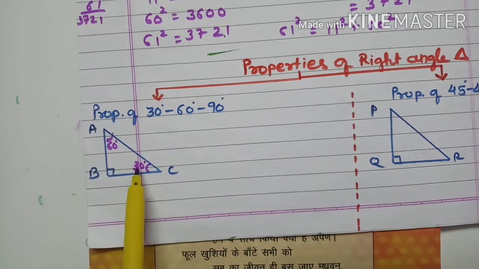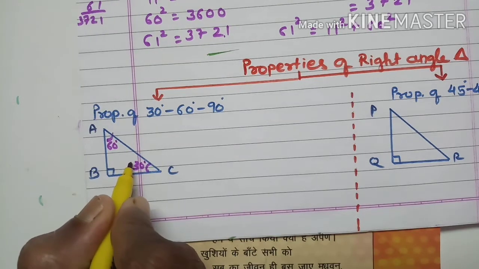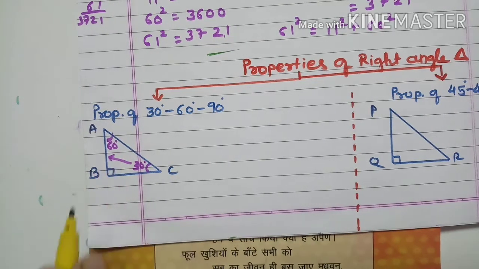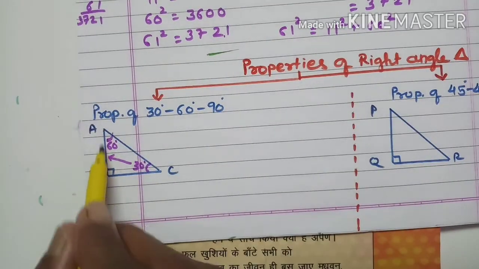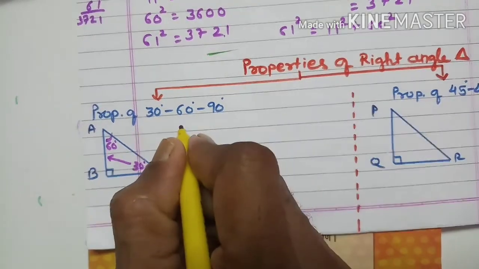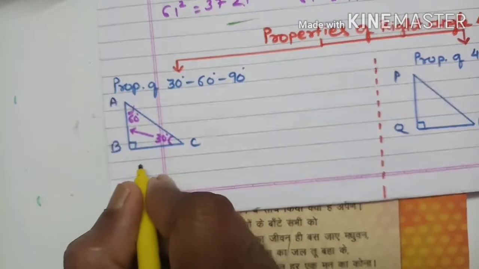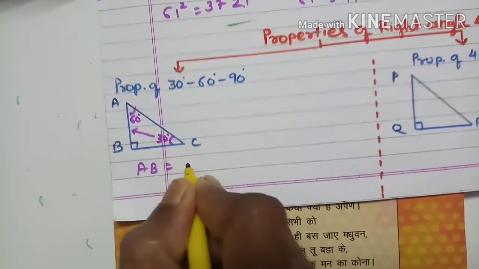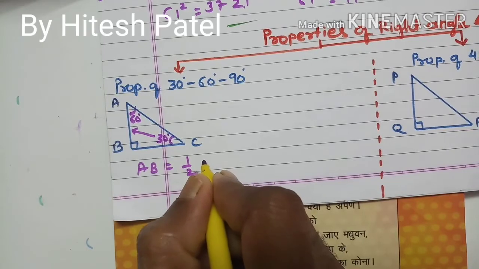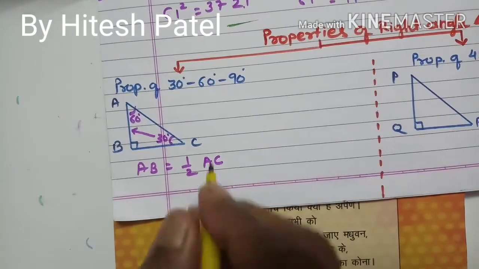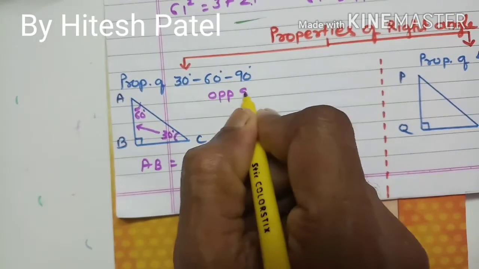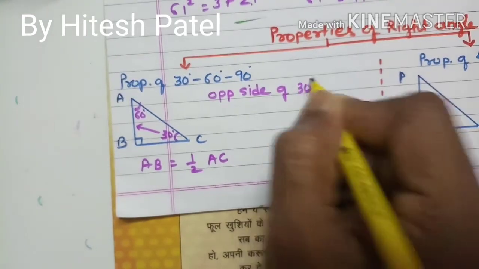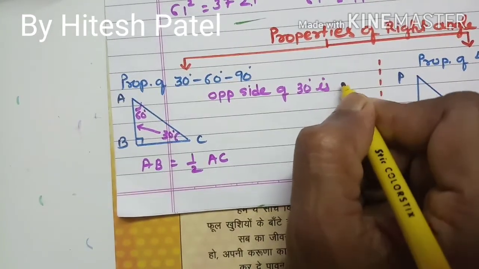If a triangle is of 30, 60 and 90 kind, then the opposite side of a 30 angle... Now find out which side is the opposite of the 30 in this triangle. The opposite side of the 30 is AB. So AB is half of the hypotenuse, that is AC. According to the property of 30, 60, 90, the opposite side of a 30 angle is half of the hypotenuse,